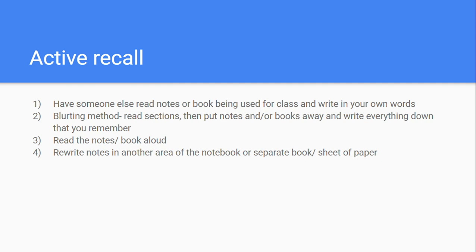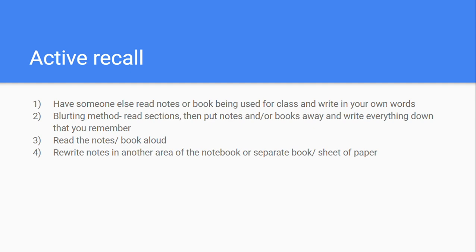The blurting method being the next one. You read sections of either the notes or the book that you're using. Then you're going to close those, put them away, and write down everything that you remember. The next option is reading the notes or the book aloud so you can hear the information again instead of